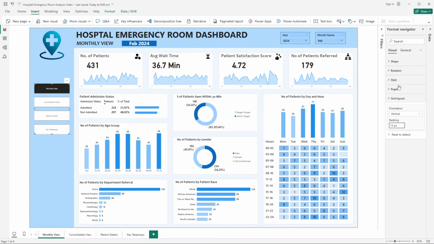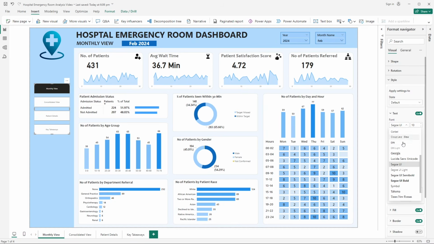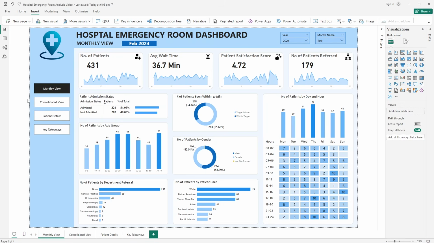Okay, then go to shape. We have to go in style, and I will make it as Geo semi bold. Okay, so for default we'll make it as 16, or we'll keep it as 15, and for selected just go over selected and make it 15 here also. Selected is monthly view, because right now we are in monthly view, that's the reason it is called that